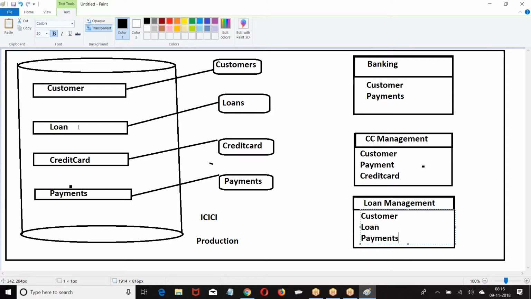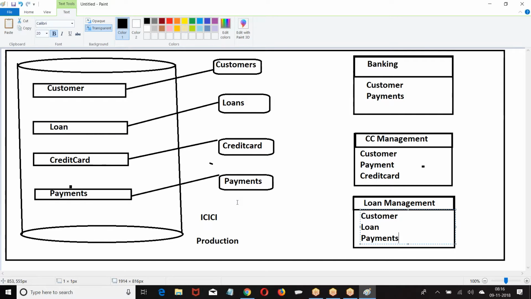Right now, what have we done? Created the objects. Now for the object, what are we supposed to do? Create the tabs. Now include these tabs in whichever application you want. The same tab can be used in multiple applications because the applications belong to the same company. I hope you are good. One object, one tab. One tab can be a part of many applications. I hope you got my point.